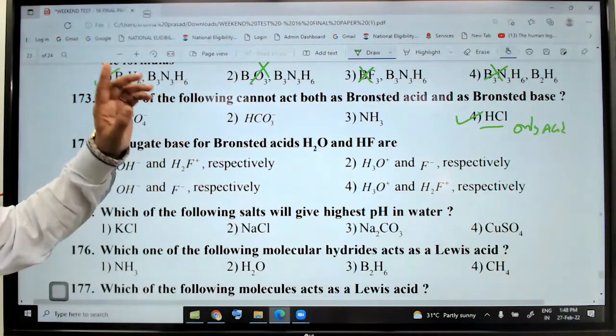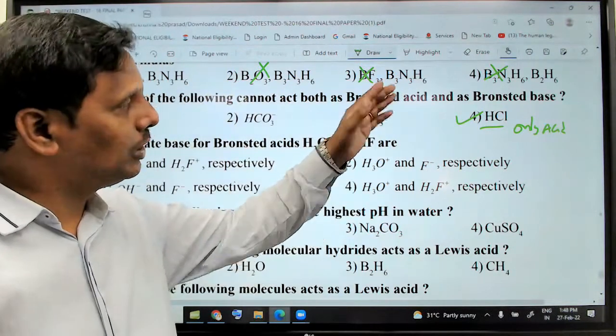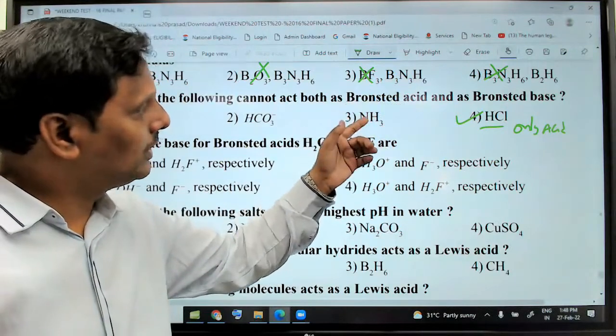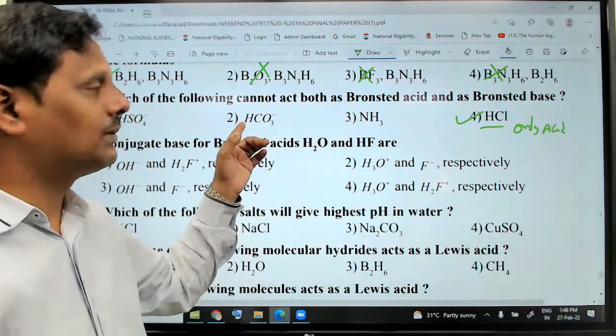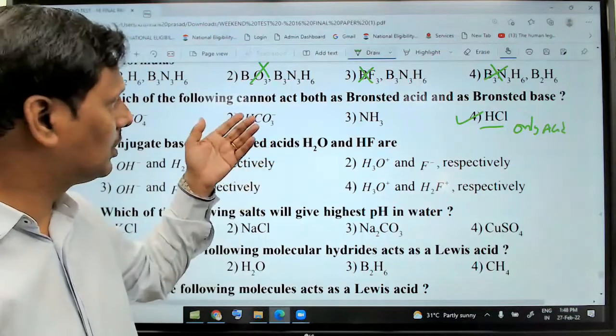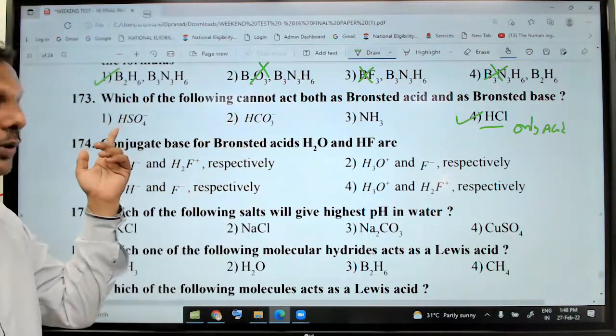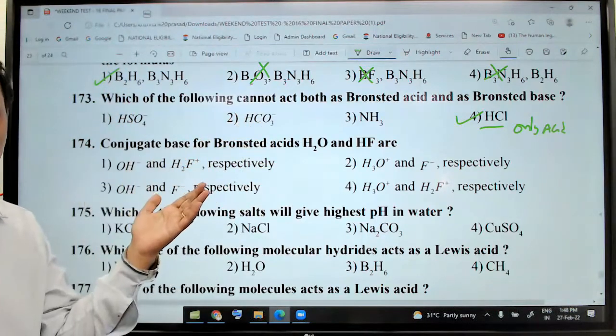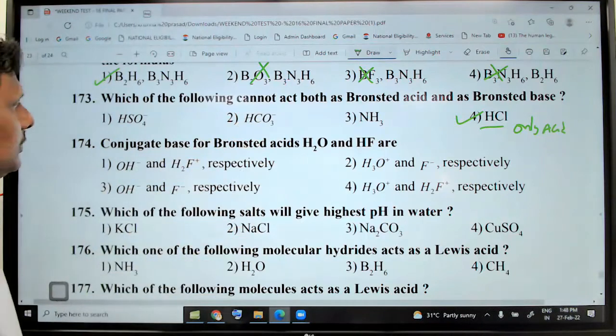अच्छा, remaining: accept a proton, ammonium ion; donate a proton, NH2 minus. Possibility there. Accept a proton H2CO3, donate a proton CO3 minus. Accept a proton H2SO4, donate a proton SO4 minus. Possibility there. Now